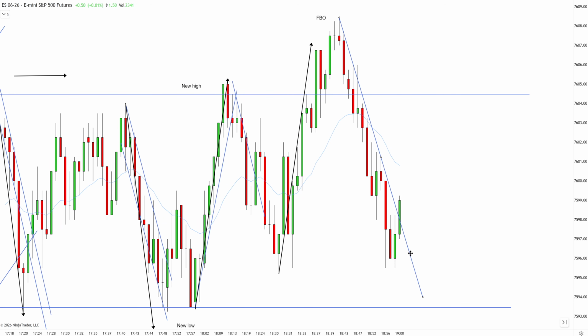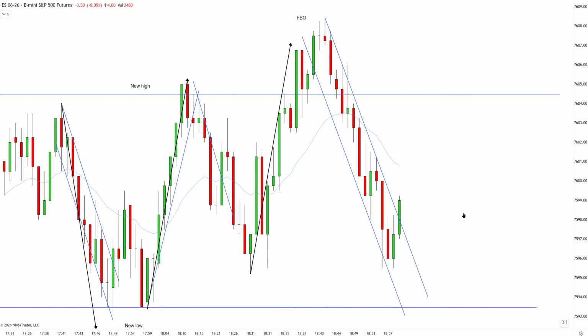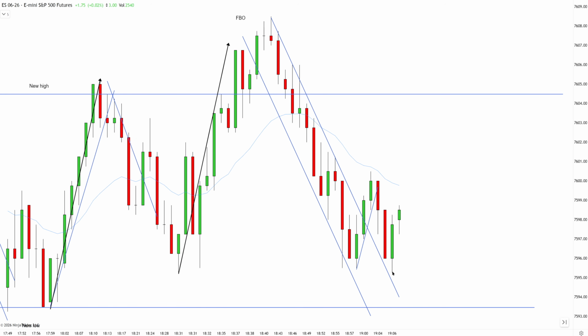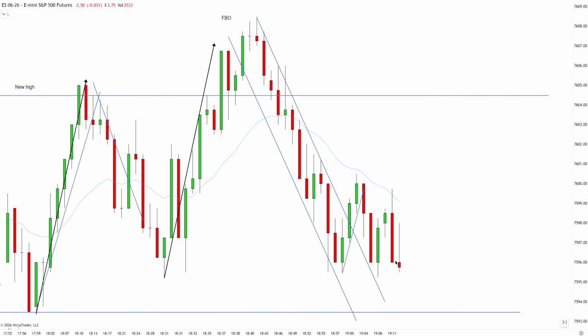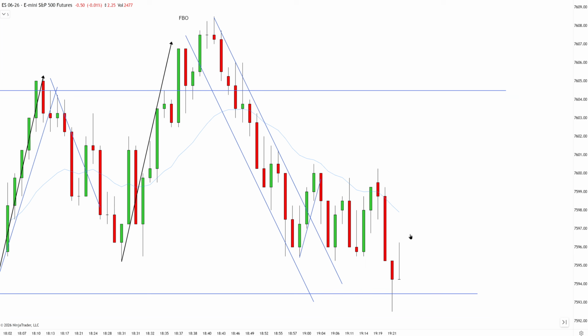So if you're not going to get a failed second entry long, and the downtrend is still in play, you are expecting second entry short at the EMA, okay? So we are in range, we have a downtrend working lower, it's following the rules. Can I get a second entry short? New low counting technique, first entry short. We already have new low made, so I cannot really take this second entry short because it's technically first entry short, and this downtrend already played out. So I gotta be careful.